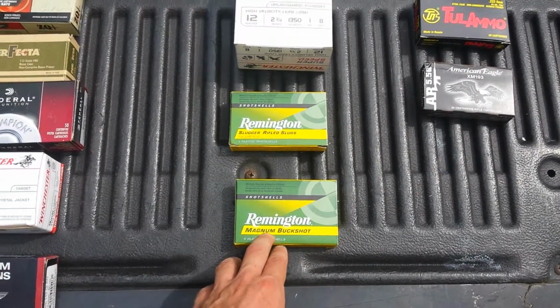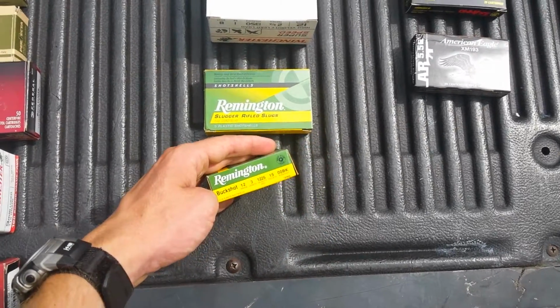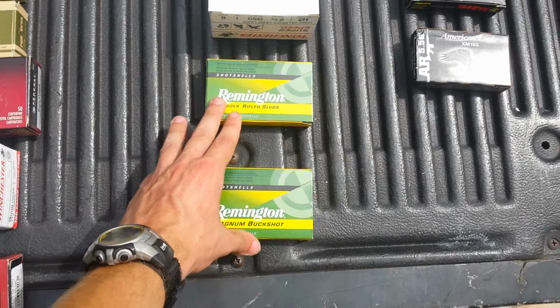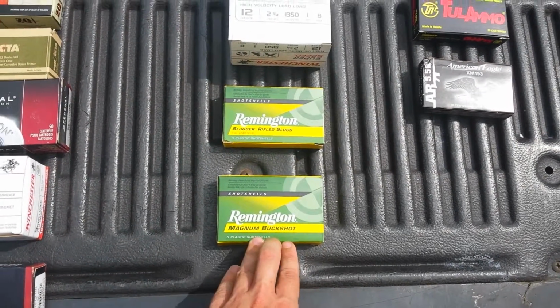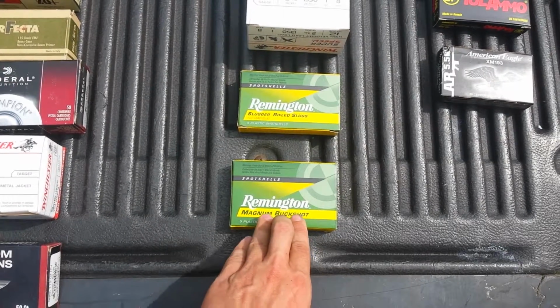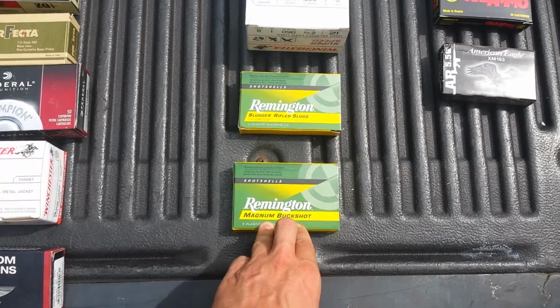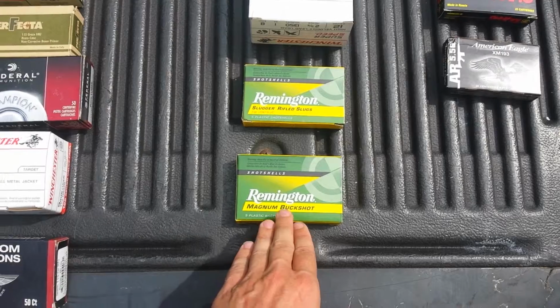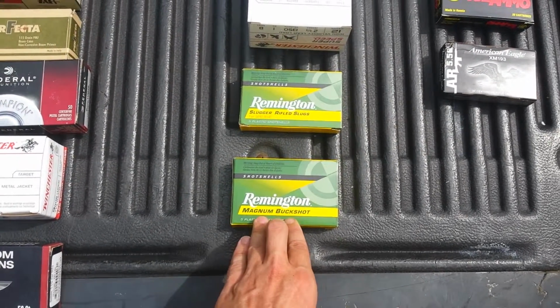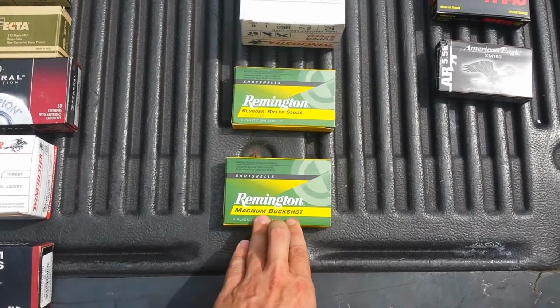Now, buckshot. This is the Magnum buckshot. Is this 3-inch? Yeah, 3-inch shells, double-aught buck. I've shot this once or twice before, and this stuff is awesome. If I was going to go into a combat situation, I'd either have the Winchester PDX1 Defender ammo, or I would have this loaded in my shotgun and have spare ammo of this, because this is just